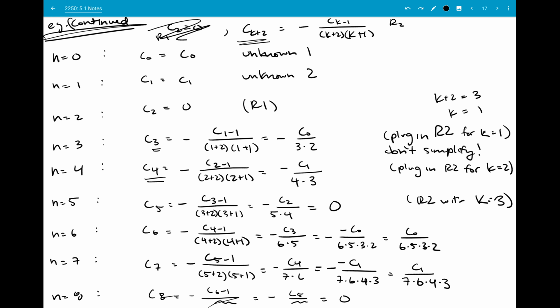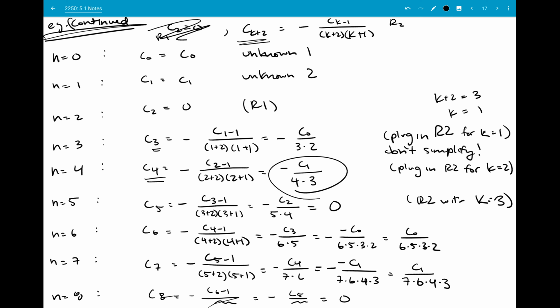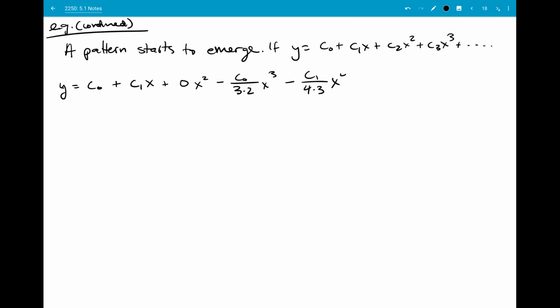Plus C3 times x cubed, we're going to use this relationship. So that's actually going to be minus C0 over 3 times 2 x cubed. And then C4 is going to give us minus C1 over, it must be 4 times 3. Yep, minus C1 over 4 times 3, x to the 4th, plus 0 x to the 5th,